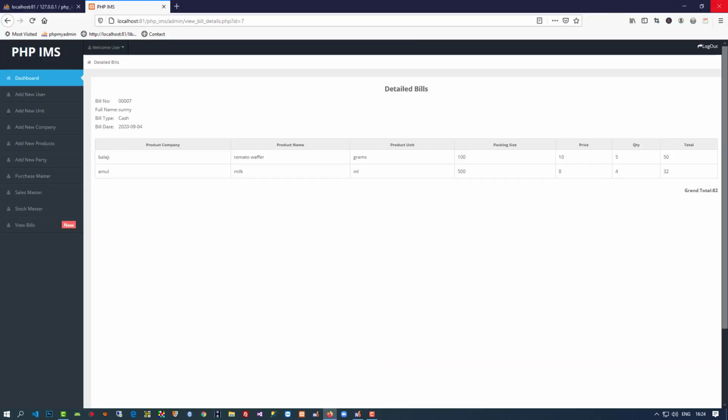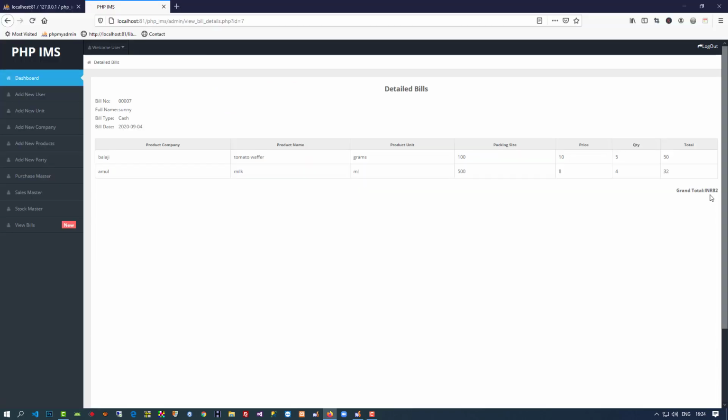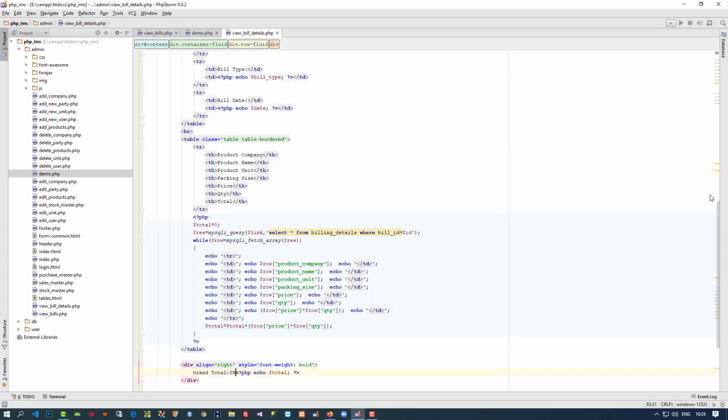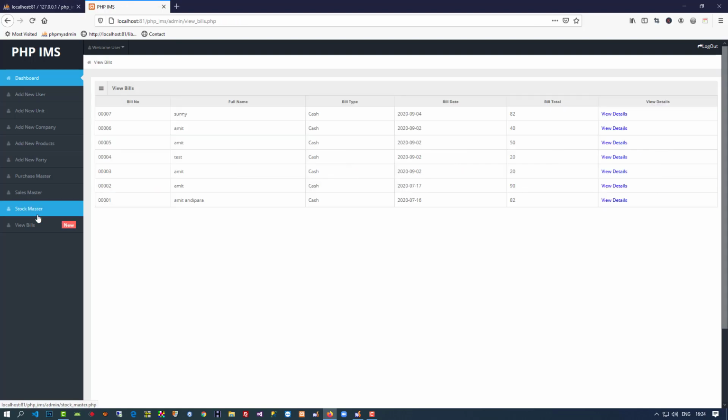So now you can see it looks like this. Now if you want to write INR or any other sign here, then you can use whatever you like. So now you can see when I click here view bills, this is the bill total